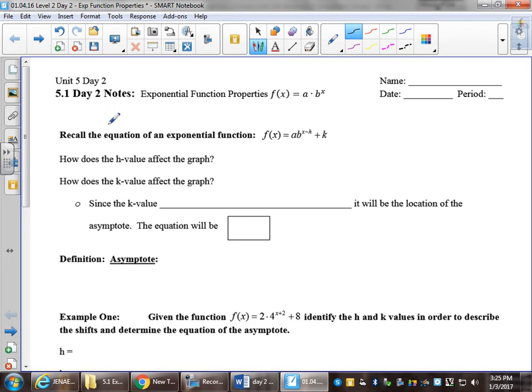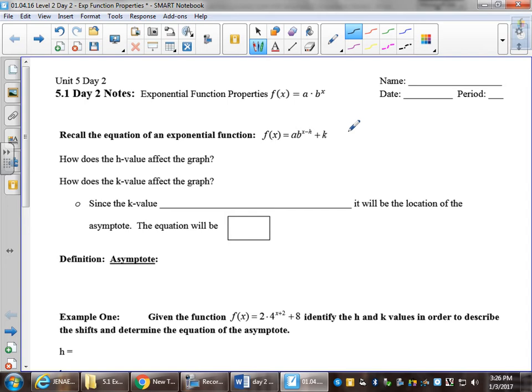Today we are looking at day 2. So yesterday on day 1, we really took time to dig into some tables and analyze linear versus exponential growth from a table. And we also looked at the general form of a linear function compared to the general form of an exponential function. Today's notes are going to really be about understanding the general form of an exponential function